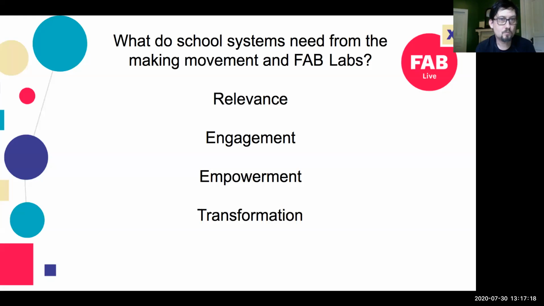And when I came to Gilbert, the first thing I did was go to the teachers in their classrooms and find out, what are you teaching? I cannot ask teachers to give up their teaching time to come to me so that I can show a student how to use a 3D printer. That's not part of the curriculum. They can't waste their time on something that I think is cool at a cost to their mission as classroom teachers.